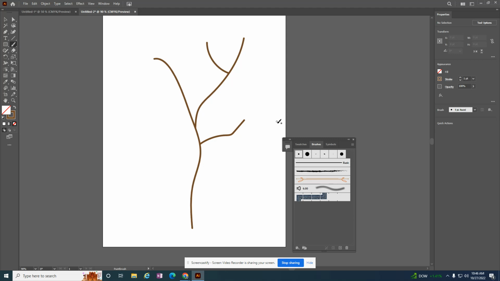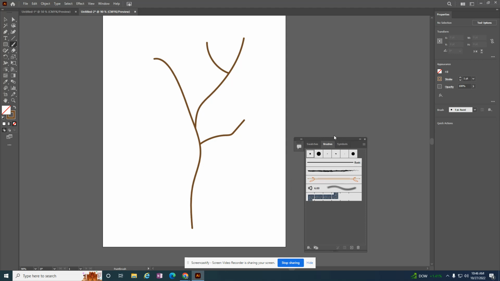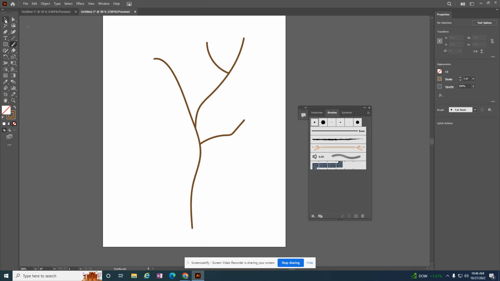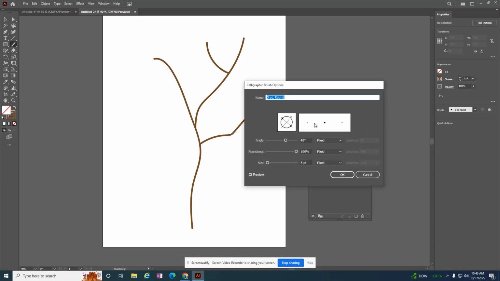Some more detail about brushes. I have a panel here. To get this panel open, you go to Window, Brushes. Mine has a check mark because it's already open right here. The brush I'm using by default is this one that's outlined here. It's 5-point round. But I can double click on this and start working on